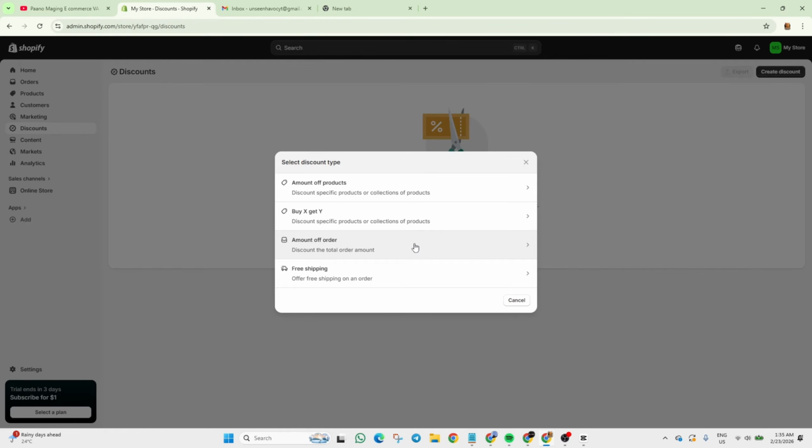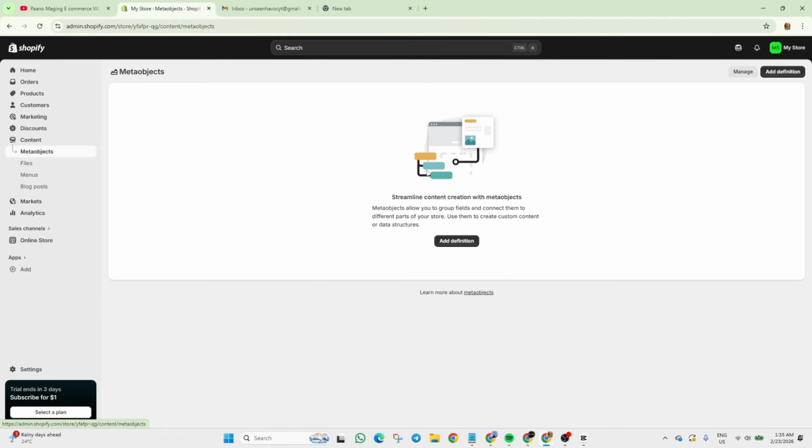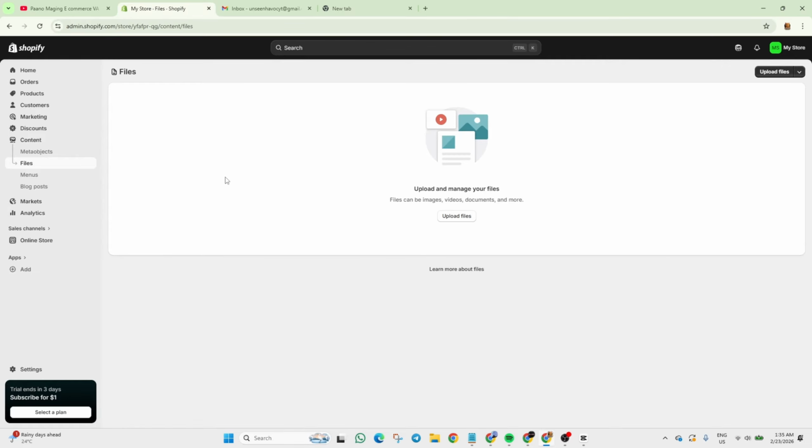For example, meron kang ibibigay na $10 discount, ito yung pipiliin mo, and then free shipping. This is self-explanatory. And then content, dito mo makikita yung mga images na ina-upload mo if you're building a website na.